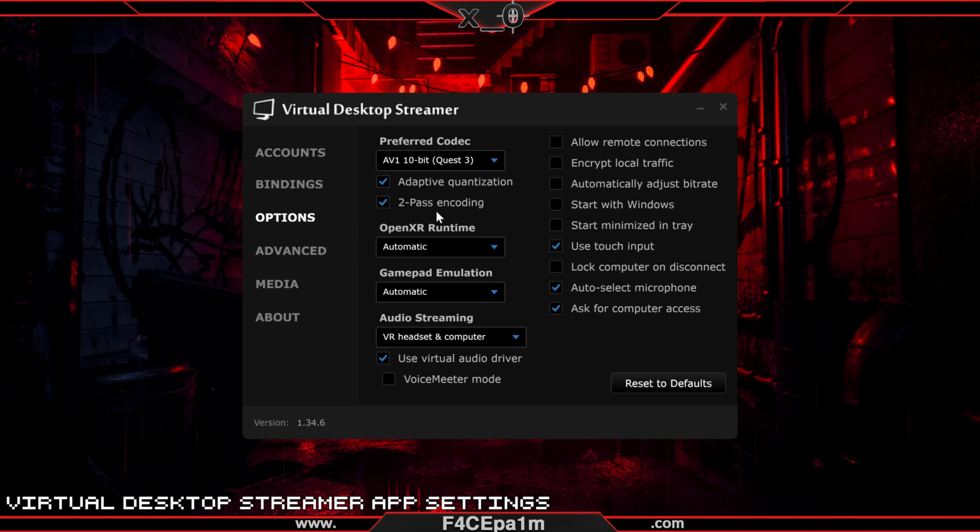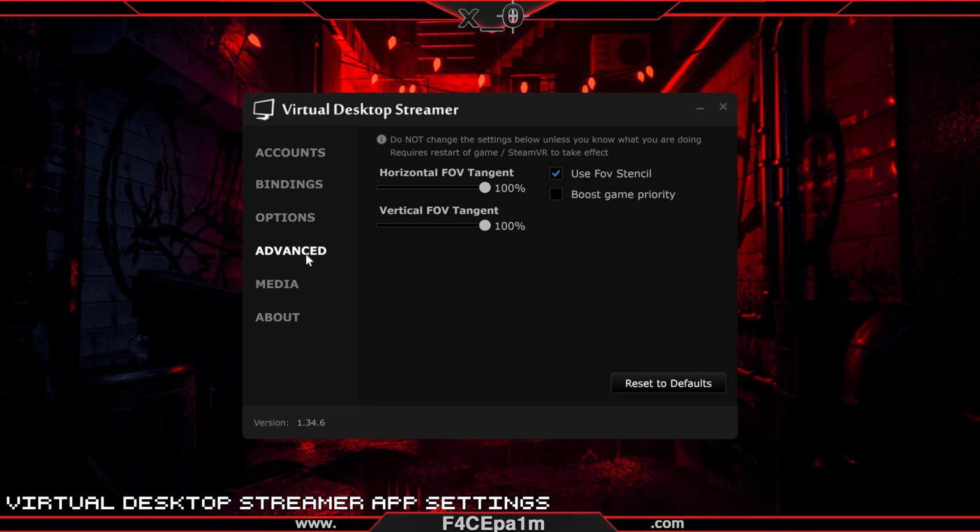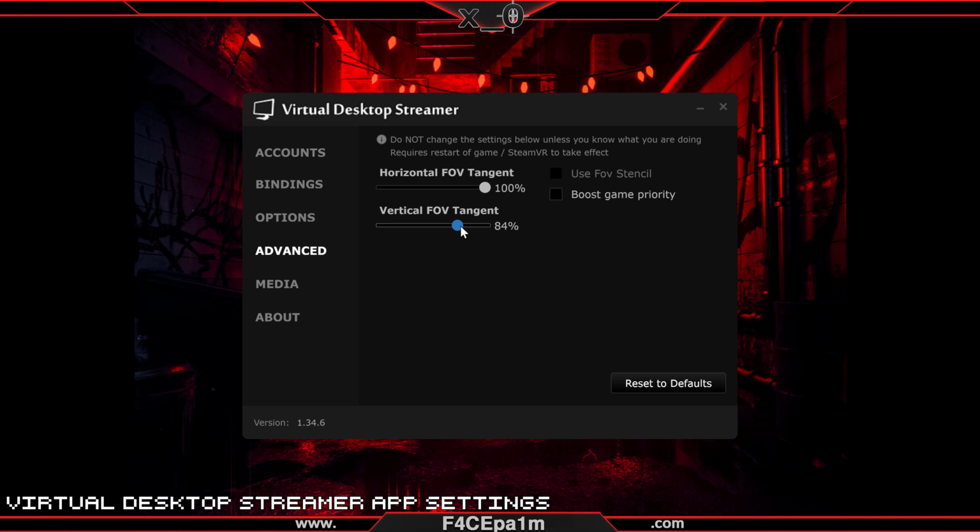Now, if you take a look at the Advanced tab, here you can shrink your field of view in VR using these two sliders, so that your PC doesn't render as many pixels while you're gaming. This gives your PC extra performance headroom to spare, so you can get lower latency and crank up the visual quality settings in VR further than you normally could. But it also introduces black bars on the top and bottom and the sides of your vision in VR